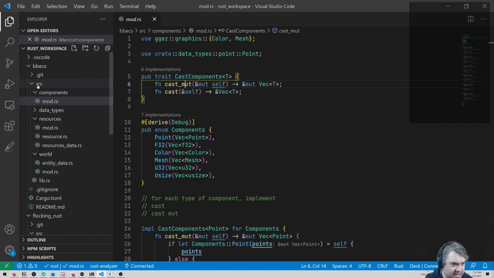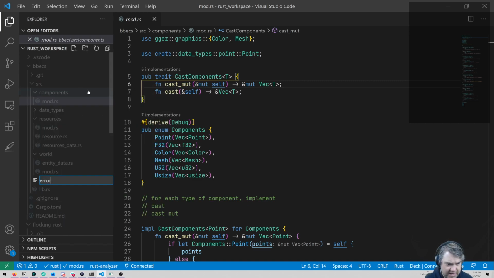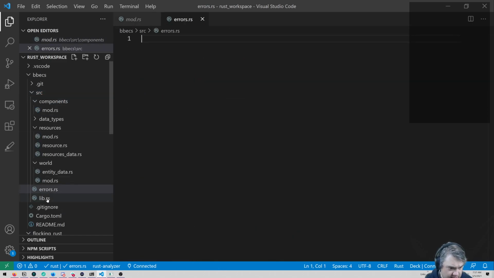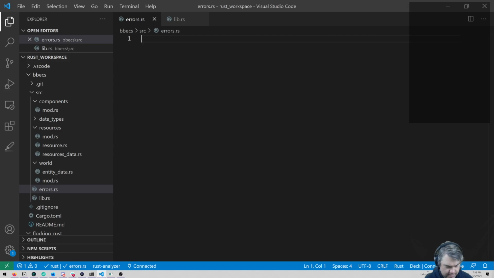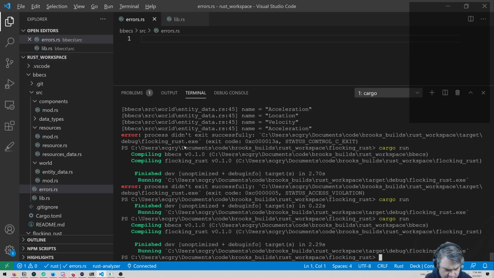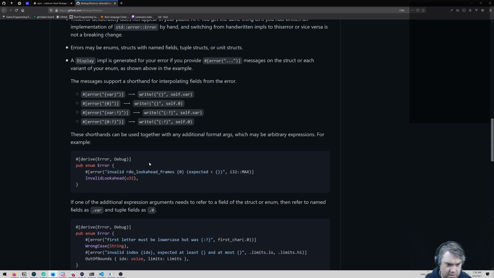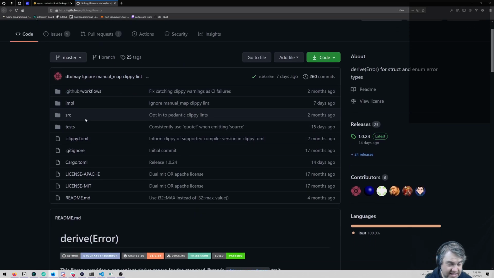So in VB-ECS, in source, I want to create a new file. We're going to call this errors.rs, which means pub mod errors. We also need to pull in this error.